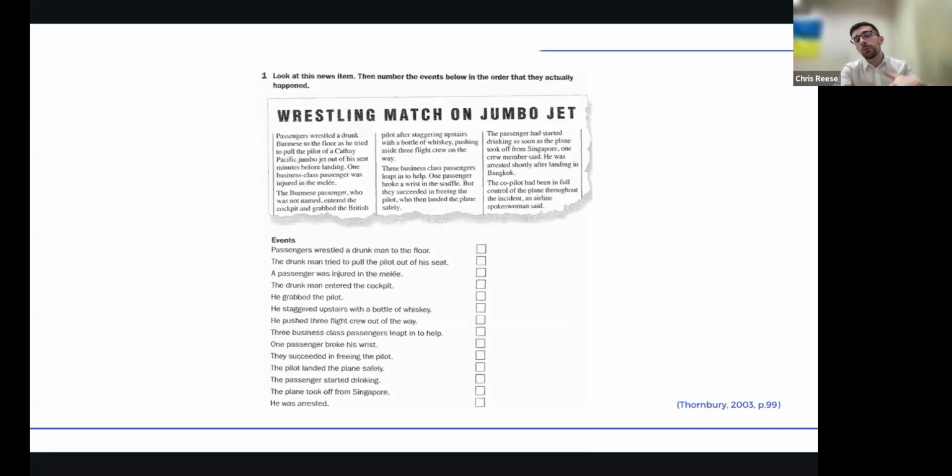We could go with something a bit less graded. Here you've got an example from Scott Thornbury. Well, he looks at a newspaper article, and this newspaper article looks a bit more believable. It's got a title, it looks newspapery, the language is appropriate for a newspaper. It looks like something you might realistically expect to find, only it's been simplified for teaching a little bit,